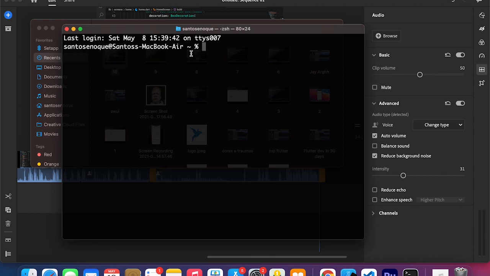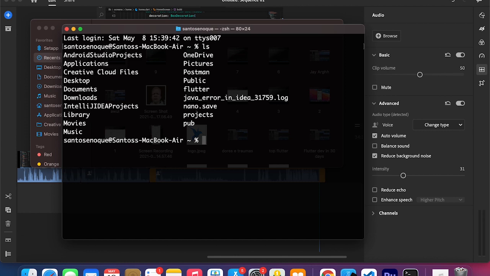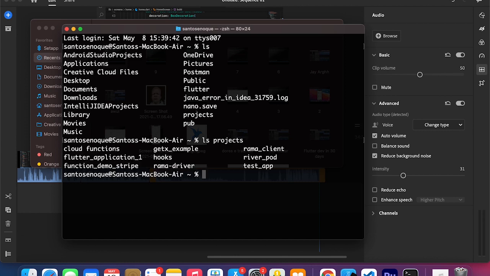By doing this, it is going to be stored in the default root folder, and you may not want to do that. So for example, here I can ls, I guess I can change this to project, right? And in here you can write your cloud functions. First, you'll have to write firebase init,